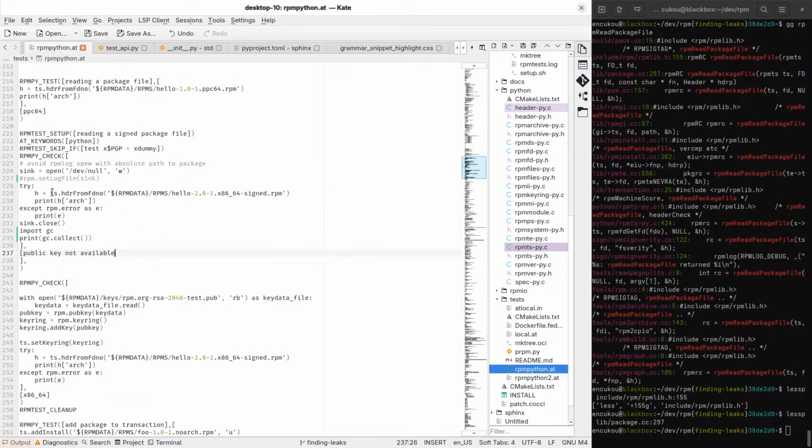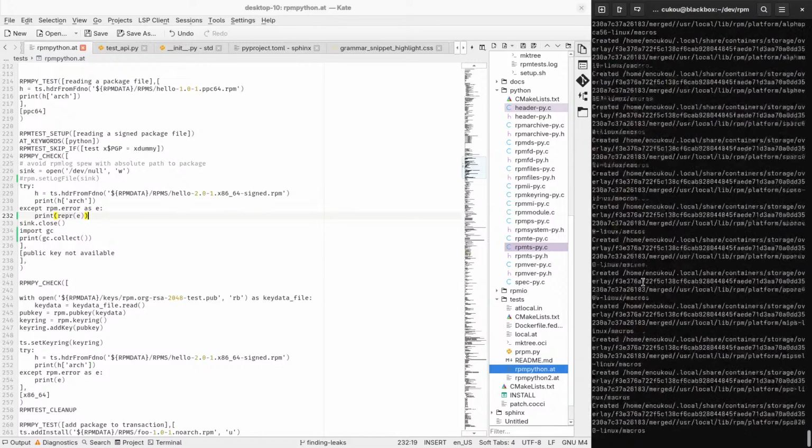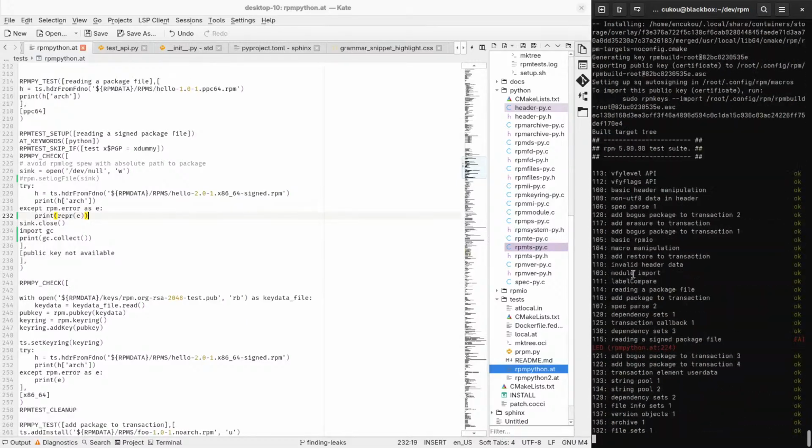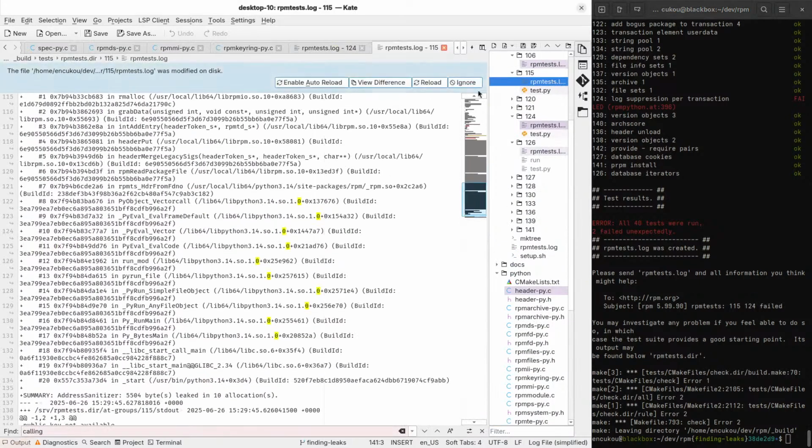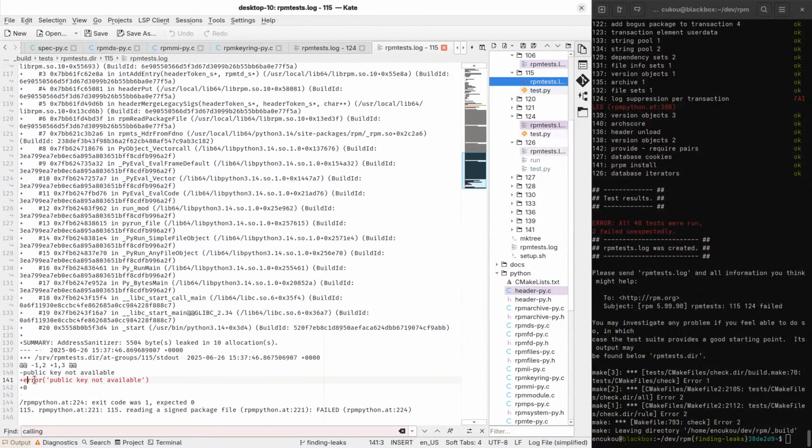Wait, what does this do? TS header from FD number returns an error called public key not available. Let me print the wrapper of this error instead, both so that it shows up in the diff and so we see its type. Error. RPM error. Okay.